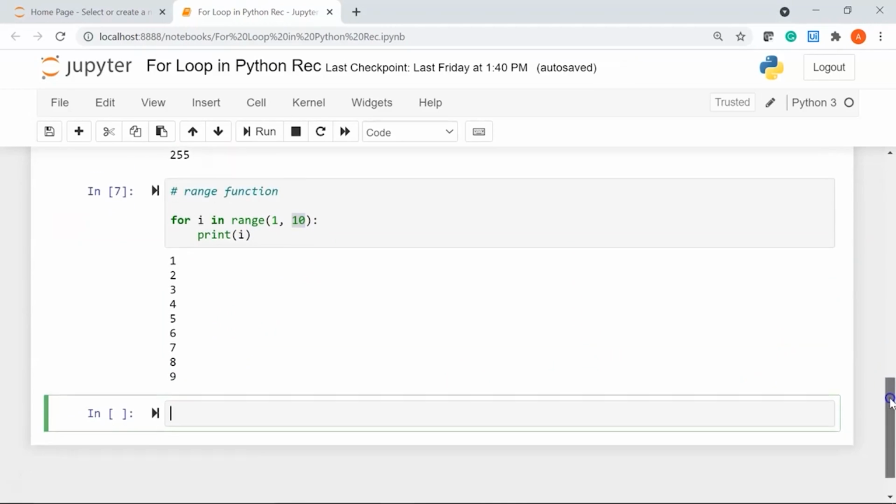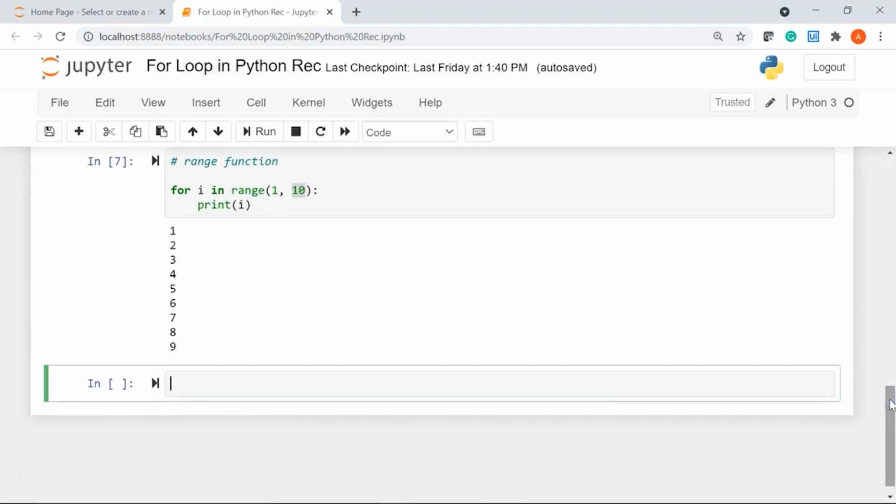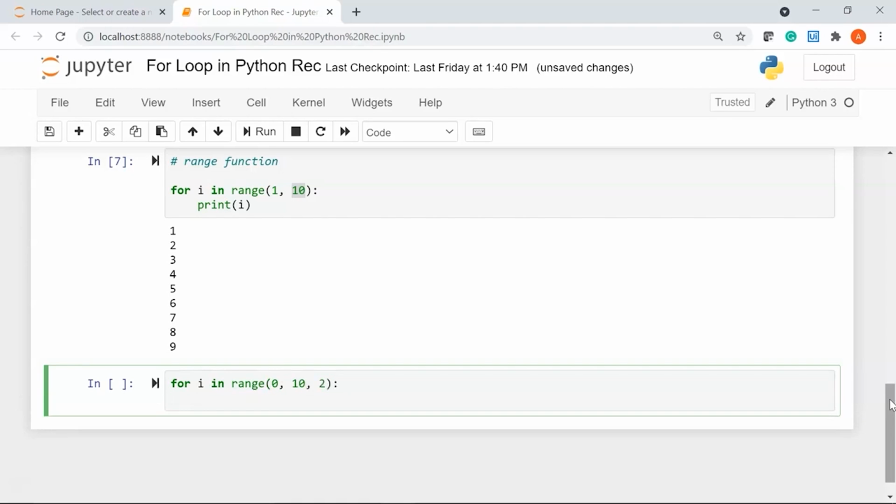Now in the range function, you can also give a third parameter that stands for step, so that you can skip a few steps and print the next value. Let me show you what I mean. Say I write for i in range 0, which is my starting index, 10, which is my end index, and I'll have a step size of 2. Give a colon.